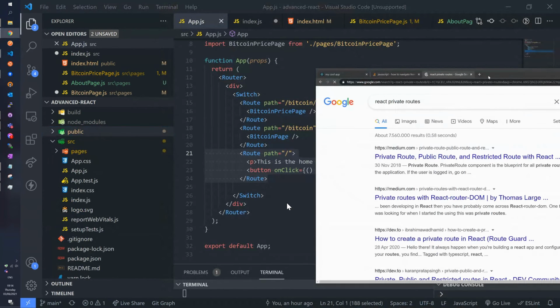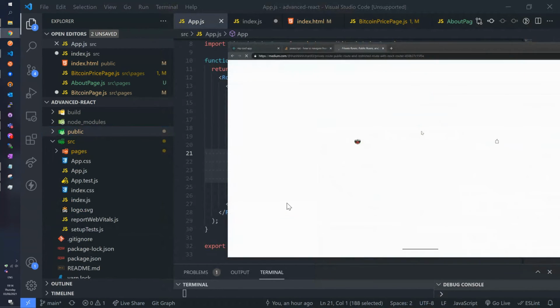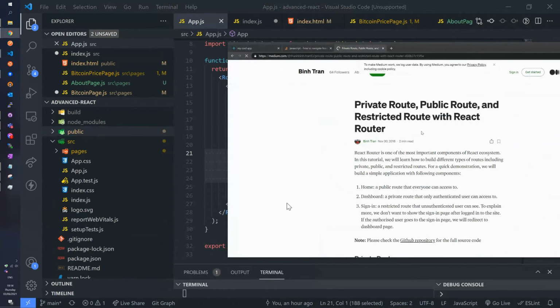And private routes have two main things. First of all, a private route means that someone is not allowed to see it unless a specific piece of logic is met. Okay. So for example, if you imagine you have the /login and /home of your web page,